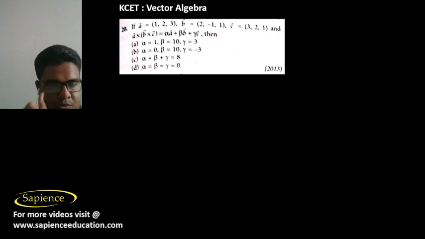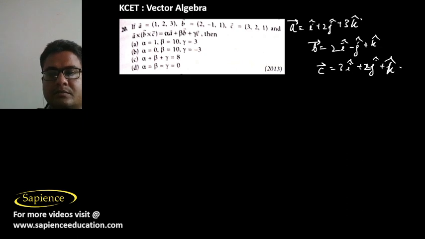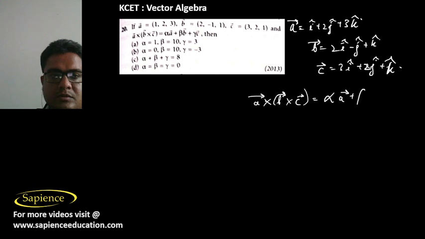Then in question number 20, it is told if A vector is I cap plus 2j cap plus 3k cap, B vector is 2I cap minus j cap plus k cap, C vector is 3I cap plus 2j cap plus k cap, and A cross B cross C is alpha into A vector plus beta into B vector plus gamma into C vector. Then,